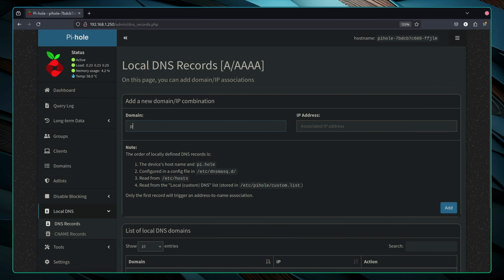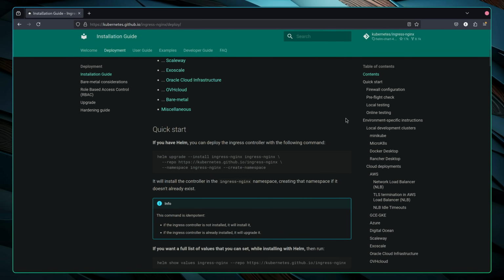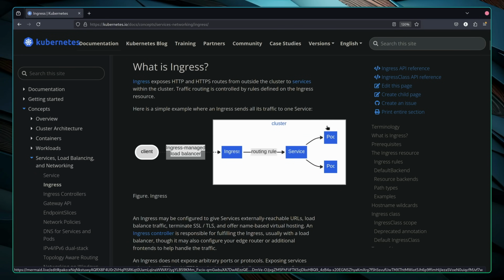The easiest way to do this is by adding in a DNS record to Pi-hole. But doing this manually defeats the point of using Kubernetes. Instead, I can automate this by installing a couple of other things onto my homelab. The first of which is the Nginx Ingress controller, which allows us to create Ingress resources powered by Nginx. When it comes to Kubernetes, you can think of an Ingress controller as being a reverse proxy for the services